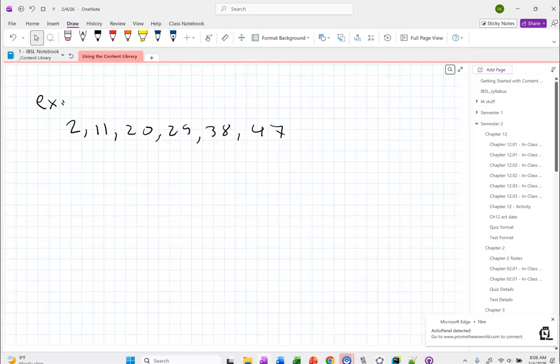So to do that, I'm going to look to go from 2 to 11. What would I have done? Added 9. 11 to 20, add 9. 20 to 29, 29 to 38, 38 to 47. I do need to make sure I'm checking between every single term, because I would not put